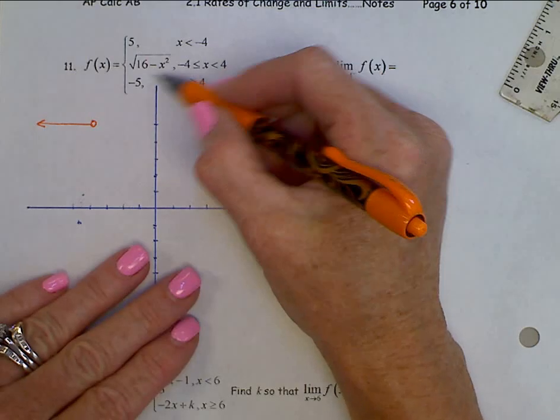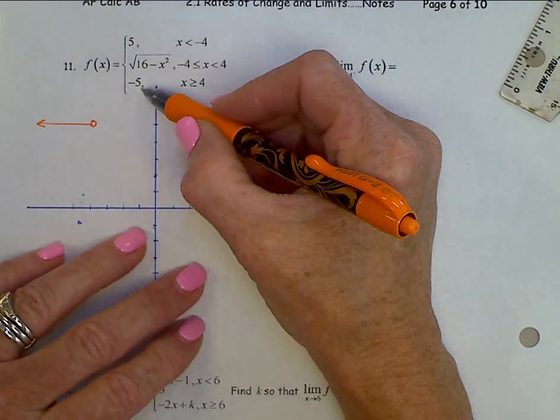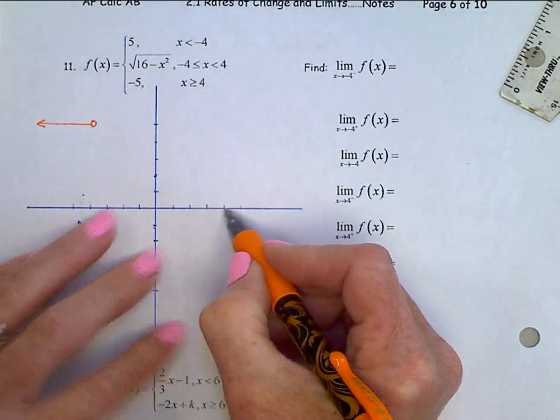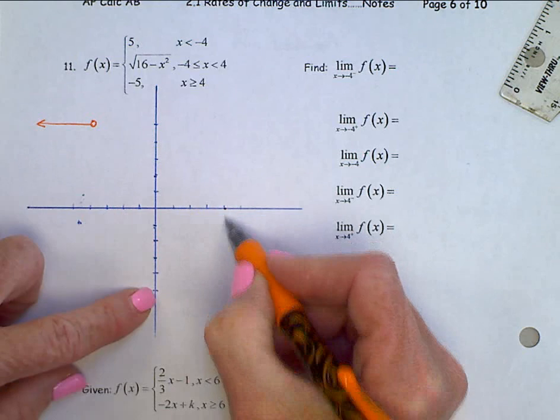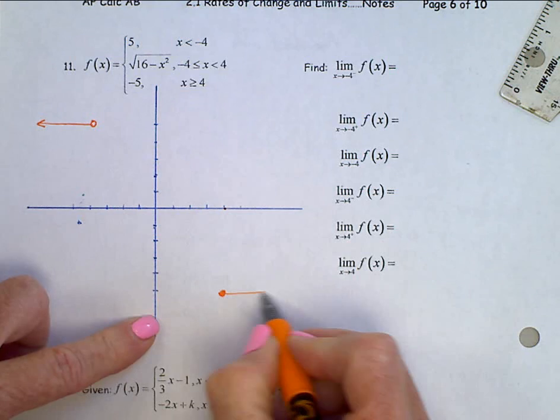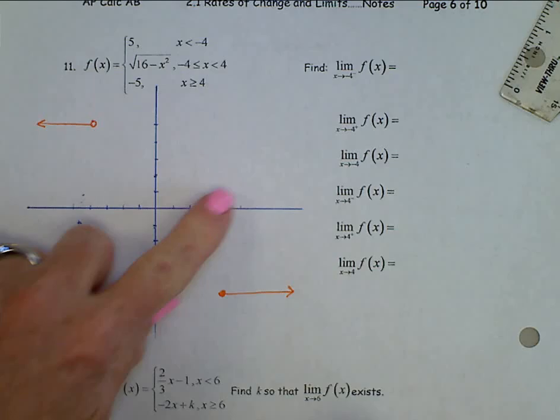Skipping this middle part for a moment, when x is greater than or equal to 4, y is at -5. So here. All right, now for this middle section,